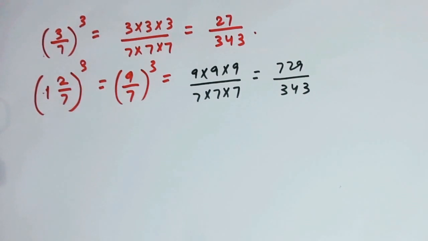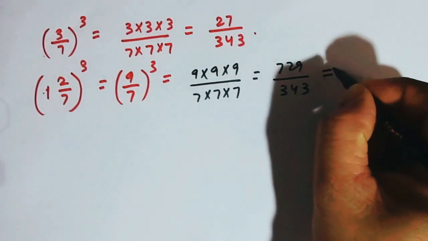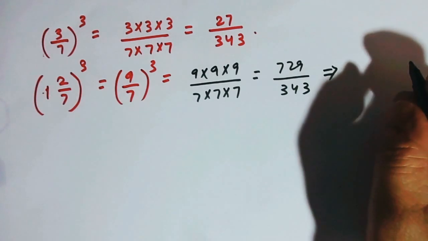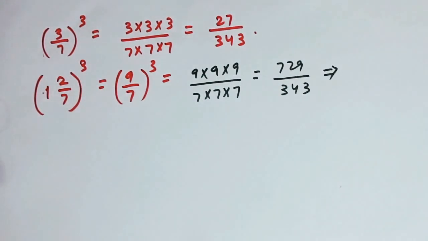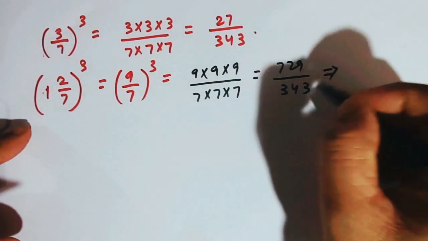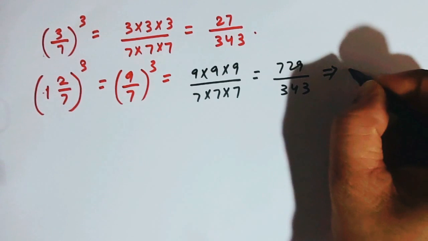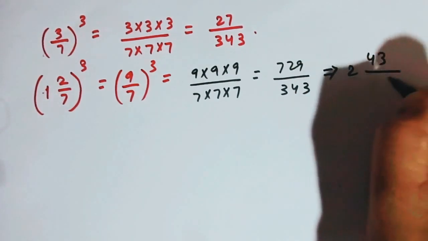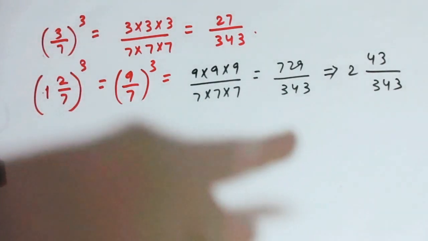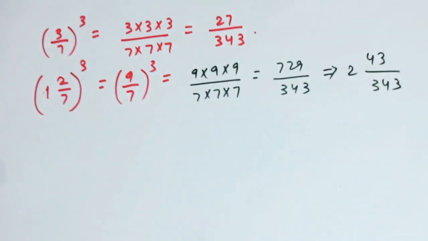One important thing to note over here is they had given you the question in a mixed number, so it is also important that you reply in the same way which they had given you. So 1 2 by 7, when you divide, naturally you will get 1 243 by 343. Clear? So either this might be asked or this might be asked.